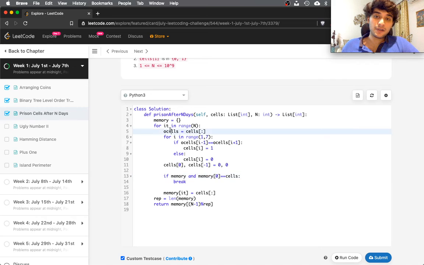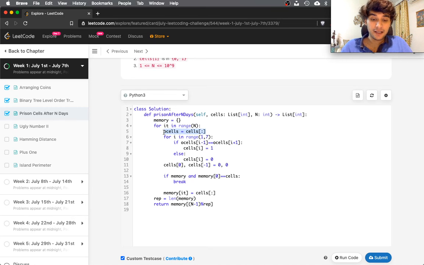Right, so what we did was we have this dictionary called memory. Now, for all iterations can be from 0 to n minus 1. Now, most likely it would not go till n, it would only go till the repetition occurs. What we do is we create a copy of all the states in O cells. The reason we do this is because if we keep updating it again and again while iterating, our answer would